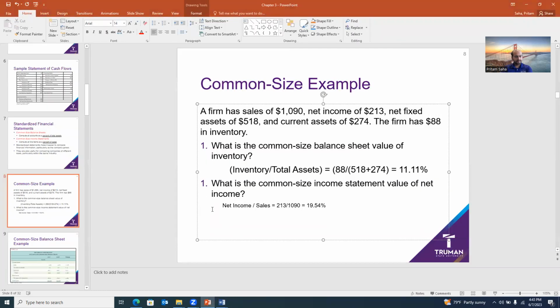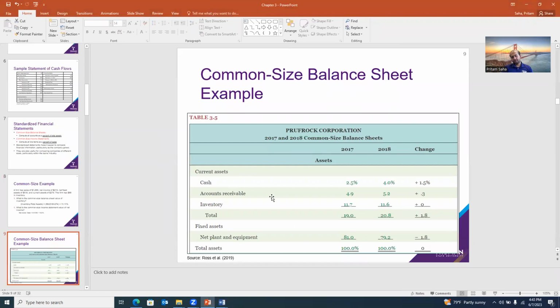Moving on here. So this is a hypothetical corporation, let's say Proof Rock Corporation. So these are the 2017-18 common size statements, right? Assets scaled by assets is 100%. Makes sense. All are scaled by assets, right? So this is basically the asset side. If you look carefully,